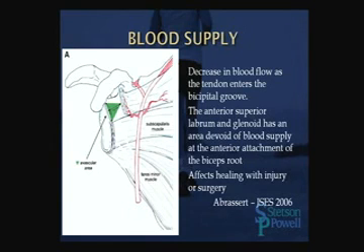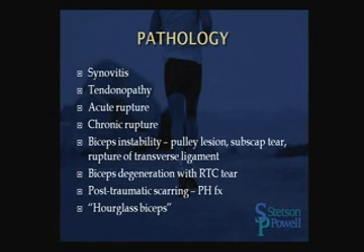referenced, the anterior superior labrum and glenoid has an area that's devoid of blood supply at the anterior attachment of the biceps root, which is going to affect healing of your SLAP lesions and affects the type of injury that you'll get. So the pathologies in general can be synovitis, tendinopathy, acute rupture, chronic rupture, biceps instability or pulley lesions, biceps degeneration with a rotator cuff tear, post-traumatic scarring as in a proximal humerus fracture, and an entity described